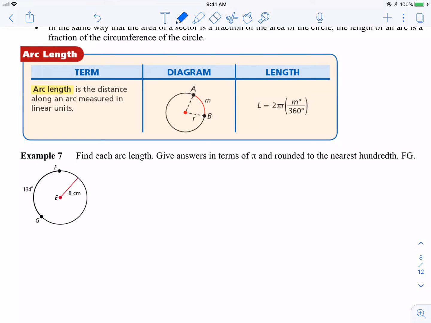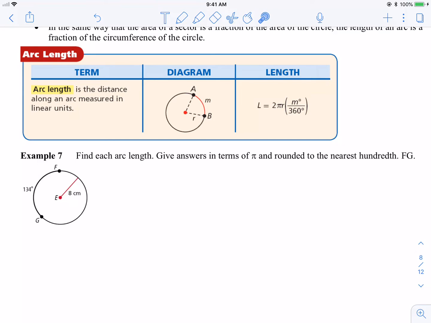In example 7, we're asked to find the arc length, and arc length is a fraction of the circle's circumference, just how sector area is a fraction of the circle's area. So we're following a very similar equation to what we did for sector area, but instead of pi r squared